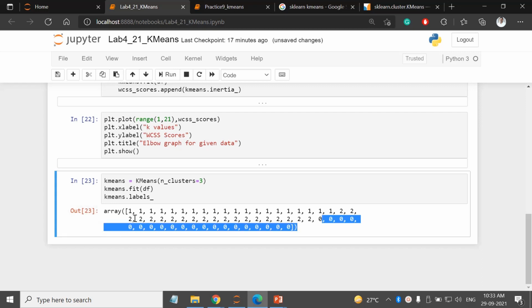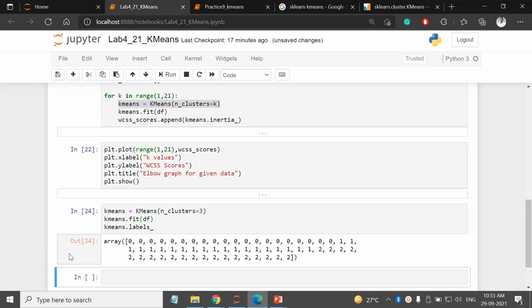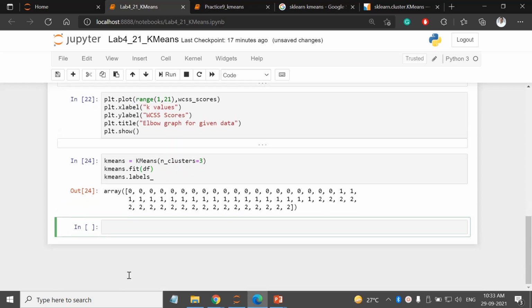Okay, so can we visualize it? Yes. I'll be using plt.scatter. Along the x axis I want the first column of the data frame, and along the y axis I want the second.